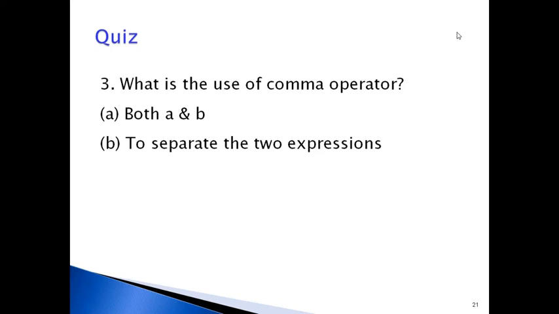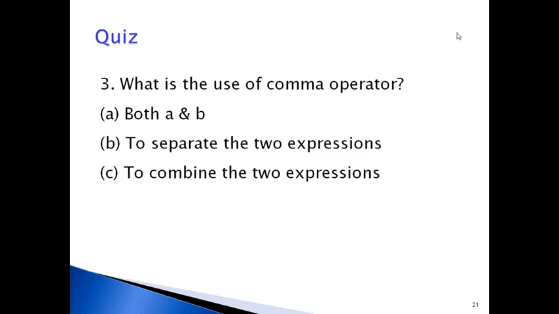Option A, both B and C. Option B, to separate the two expressions. Option C, to combine the two expressions. I think option A, both B and C, is a typographic mistake.